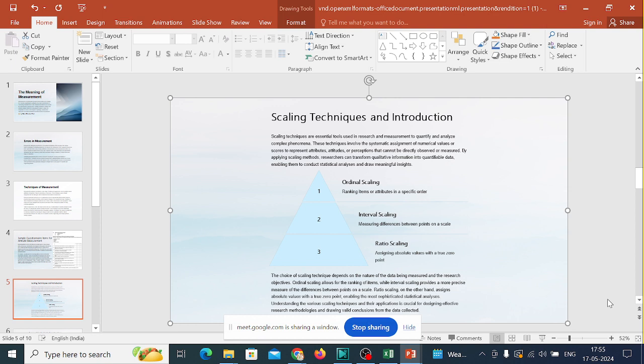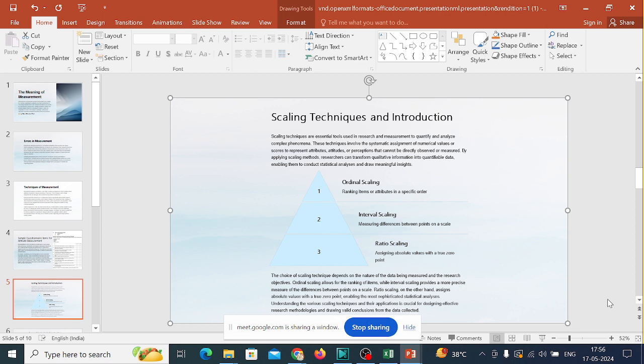I have told you, while indexing or publishing in reputed journals, say Springer, IEEE, Scopus, Google Scholar journals, these numerical scales are there: scale A, scale B, scale C. These are all categories, and on the basis of this, they are going to measure the work of the article you want to publish,